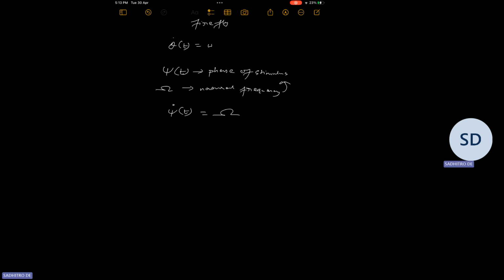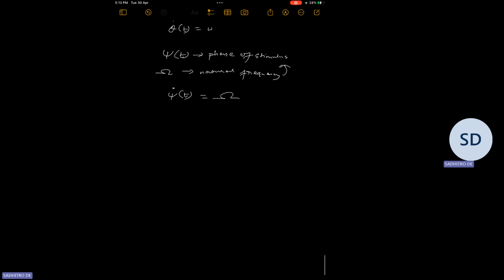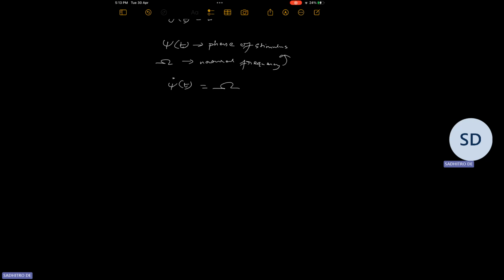Now, in our explanation, we had seen that the firefly tries to catch up with the stimulus. In other words, it tries to minimize its own phase difference with respect to the stimulus. Right. So when the stimulus comes in, the equation for the evolution of the phase of the firefly will change, and a simple model which can model this is as follows. Theta dot is the natural frequency omega plus a sine